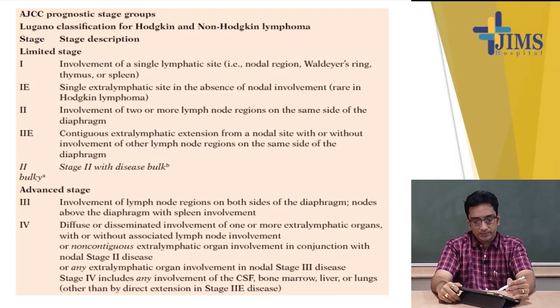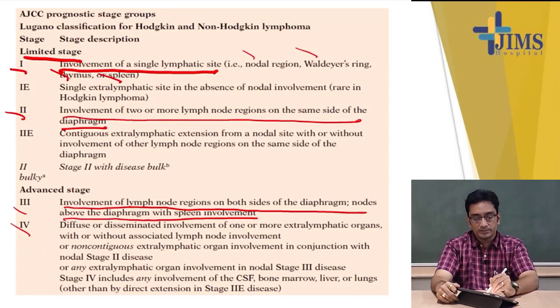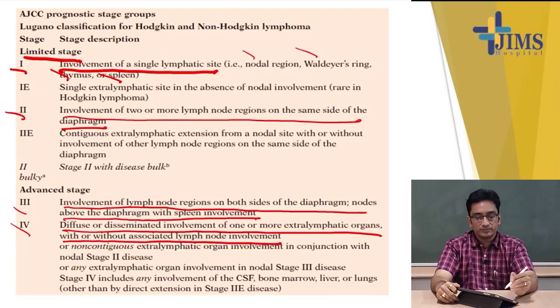This is the stage distribution. Limited stage is 1, 2, advanced is 3 and 4. Stage 1 is involvement of a single lymphatic site, nodal region, Waldeyer's ring, thymus or the spleen. Stage 2 is involvement of 2 or more lymph node regions on the same side of the diaphragm. Stage 3 is involvement of lymph node regions on both sides of the diaphragm or nodes above the diaphragm with spleen involvement. And stage 4 is diffuse or disseminated involvement of 1 or more extra lymphatic organs with or without associated lymph node involvement. So, extra lymphatic organ involvement, that is stage 4,